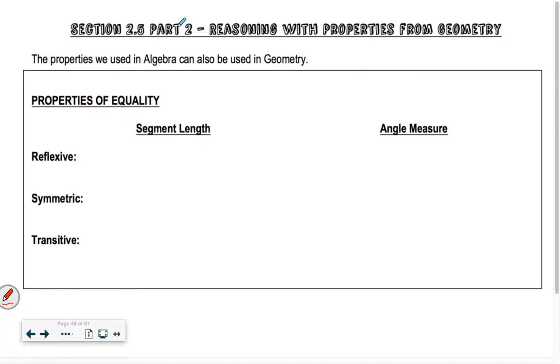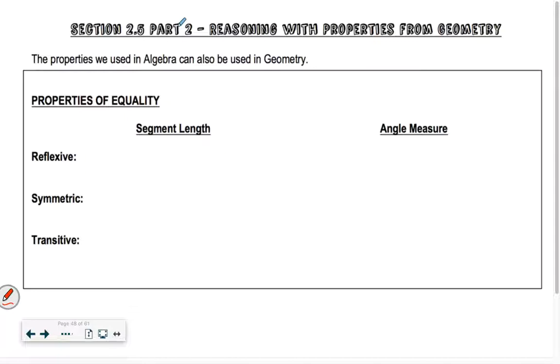It's an if-then statement. So if A equals B, then B equals A. You can switch them around, right? So that was the symmetric property. And then transitive said something like, if A is equal to B, but B is also equal to C, then A transitions through B to get to C. So A is equal to C. Does that make sense? Okay, so we're going to have the same thing, but now we're going to have things